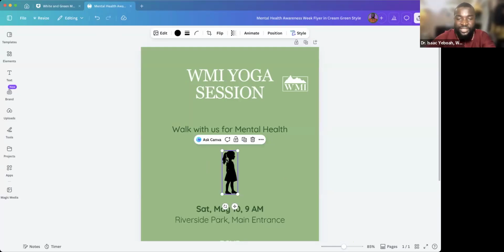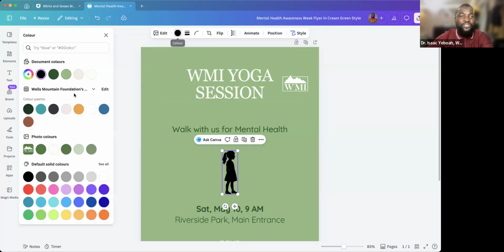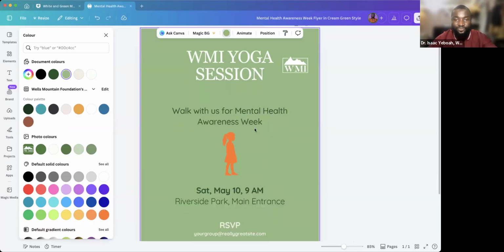So I want to change the color from black to, let's say, white. You come back to the editing toolbar, click on the color, and it gives you the color options, then click on white. So any color you click on, it changes. If you want her in blue, it will change. If you want her in violet, it will change. In light green, it changes. In light blue, it changes. In yellow, it changes. So let's use yellow. Then,